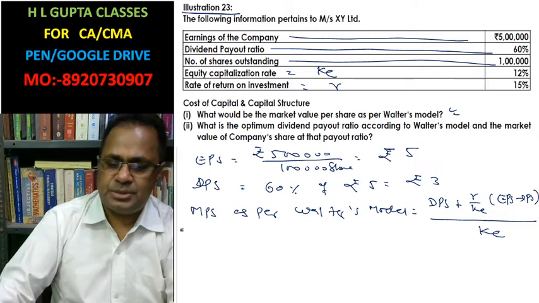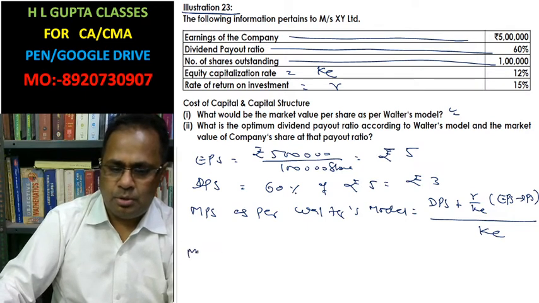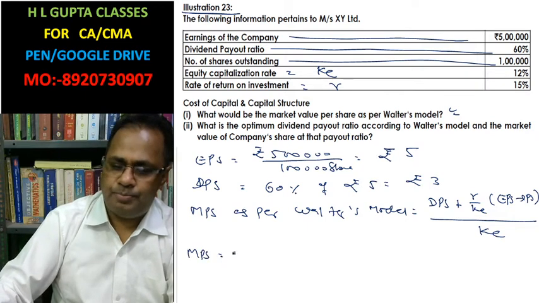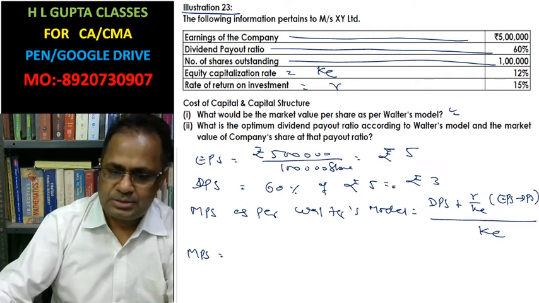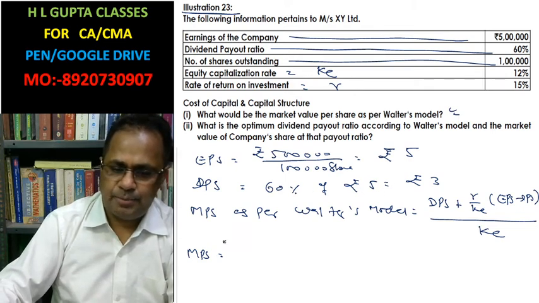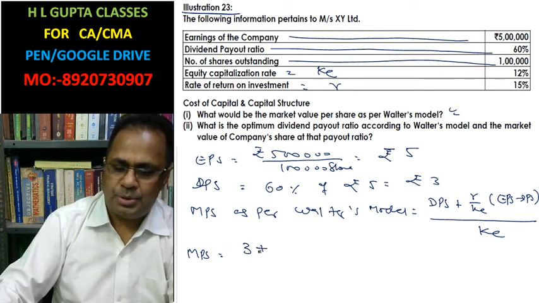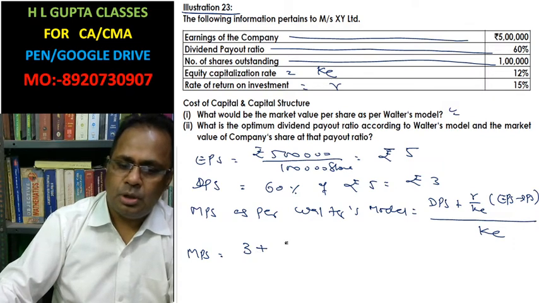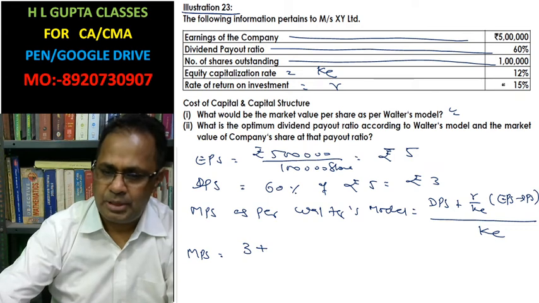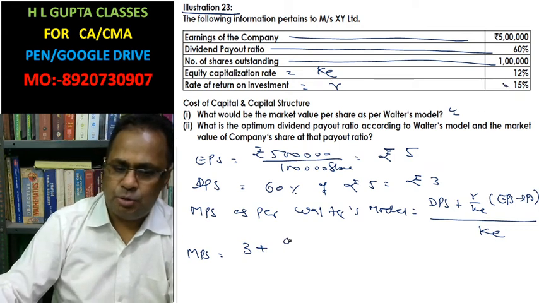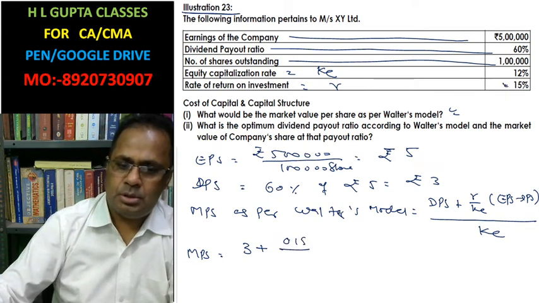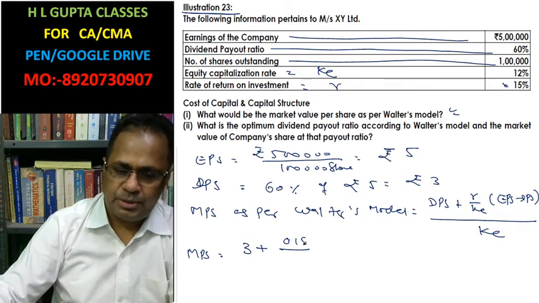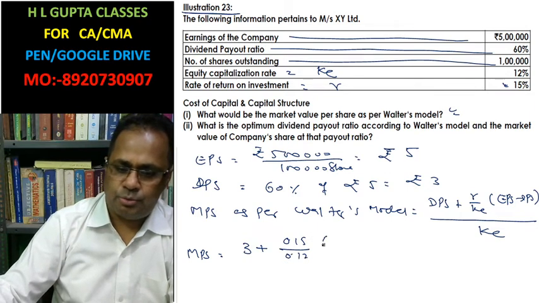On the basis of this formula, market price per share: dividend is 60%, that is 3, plus rate of return is 15%, 0.15, cost of equity is 12%, 0.12. Earning per share, EPS, equals 5 minus 3